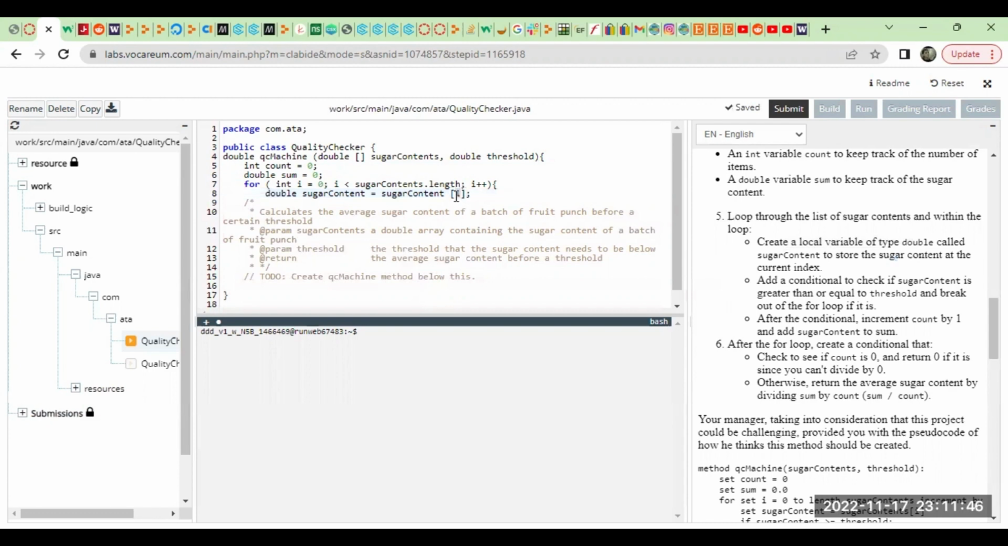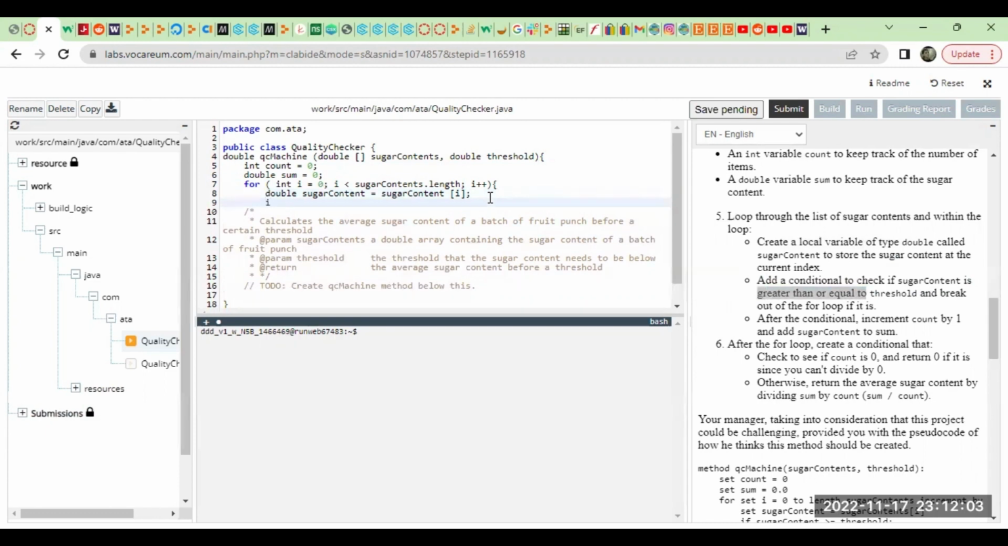I represents the current index, and add an additional check: if sugar content is greater than or equal to the threshold. That is the condition, right? Conditional, we're going to check. So if sugar content is greater than or equal to threshold,